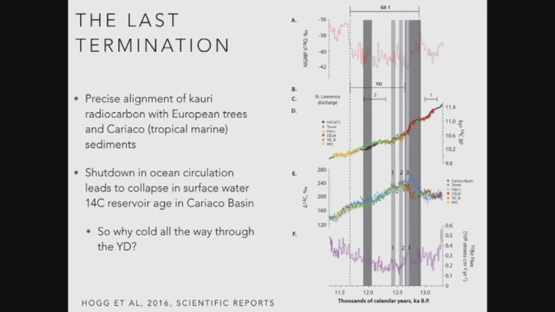They fall in line on top of each other beautifully. The Cariaco Basin is an annually laminated record for this part of the series, and Konrad Hughen's original work looks like it's bang on. So it actually looks like you can align an ocean record with a terrestrial record and get insights into what's happening in the North Atlantic. What's extraordinary about that is the fact that we've still got a cold period. Europe was still cold through that event. And the traditional view is it would have just been because the whole deep water formation had shut down.